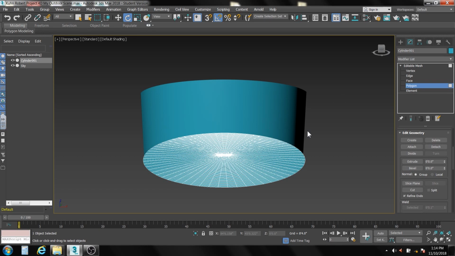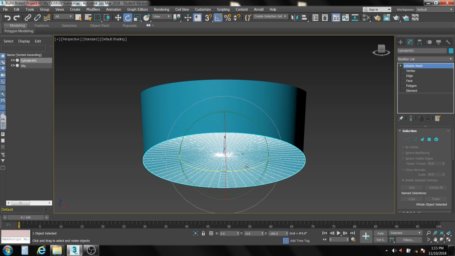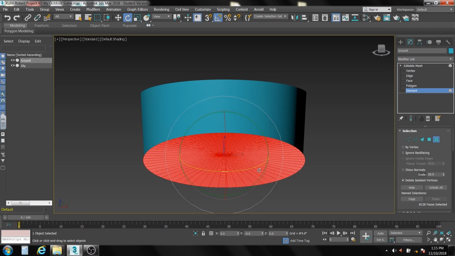And here, then, this other part that's left over, we're going to call that ground. Okay, good deal. And what we're going to do with this ground is we're going to start giving it a little bit of a shape. Now, in the past, what we've done is we've selected the vertices